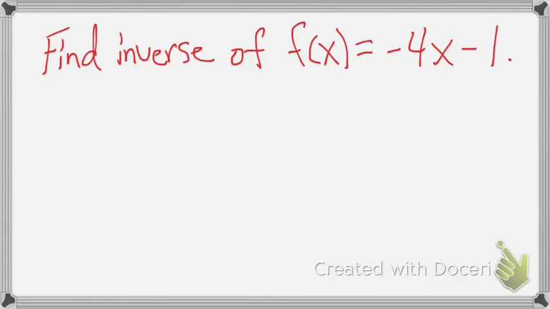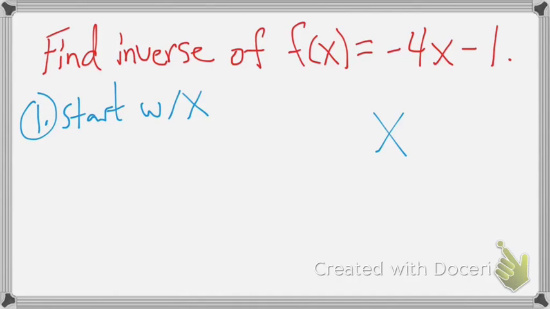We're trying to find the inverse of negative 4x minus 1. There are two steps. The first one is to start with an x. So you literally just write an x down. And then the second step is to write down the steps